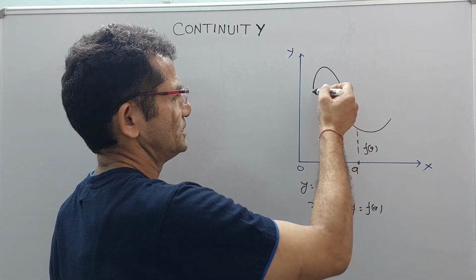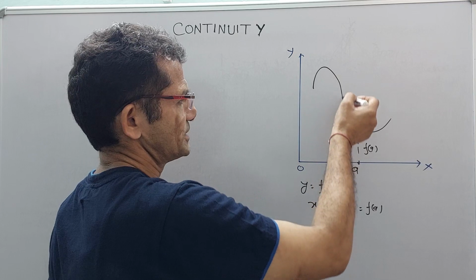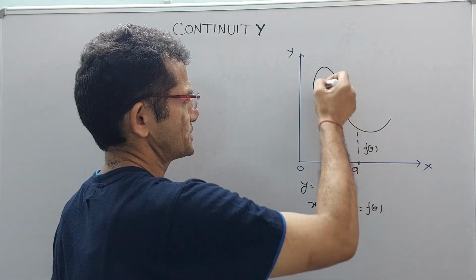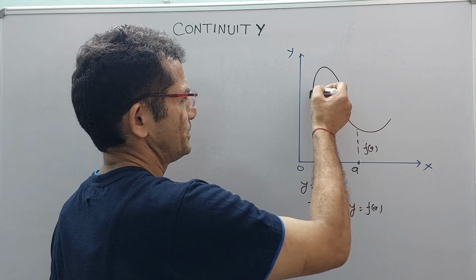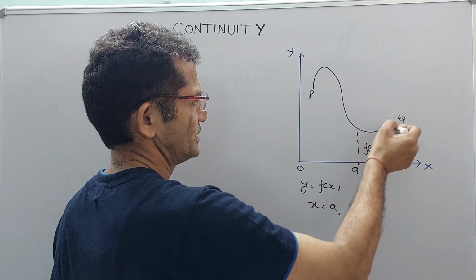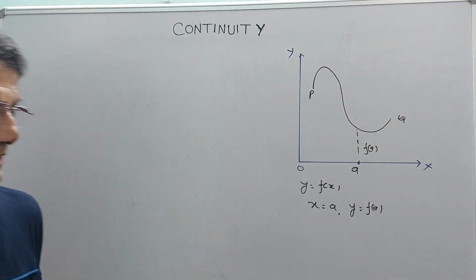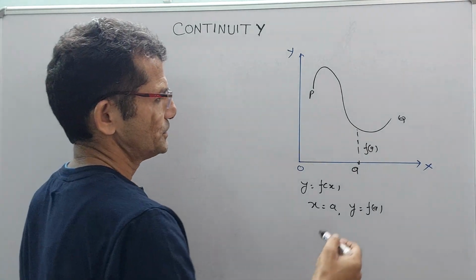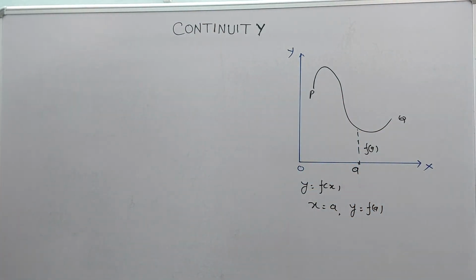So if I take one stroke of the pen, I can smoothly take the pen from the point P to the point Q continuously, without any lift of the pen. So we say that at the point a the curve is continuous. So another way,